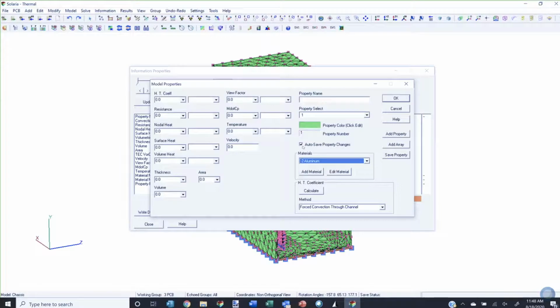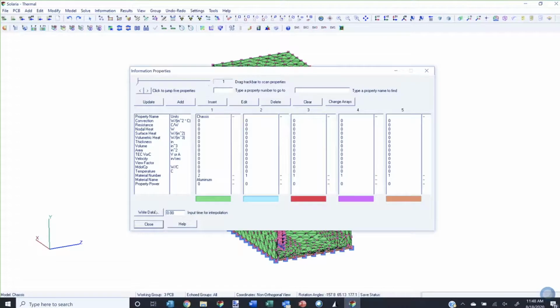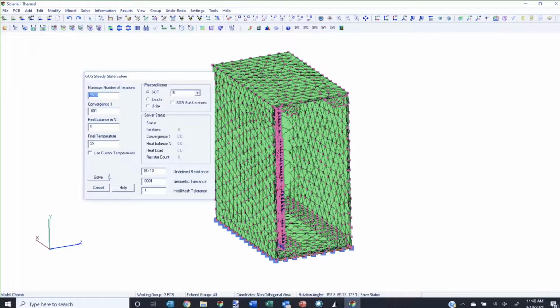And I've got my little cheat sheet here, and I forgot it as well. I didn't define a material. When I brought in my step file of my box, I didn't define a material. So I'm gonna come over here, and I've got aluminum, so I'm gonna define aluminum for my chassis. I know it's this one here, it's property number 1 because it's green. So now if I go back into my solver and start it again,